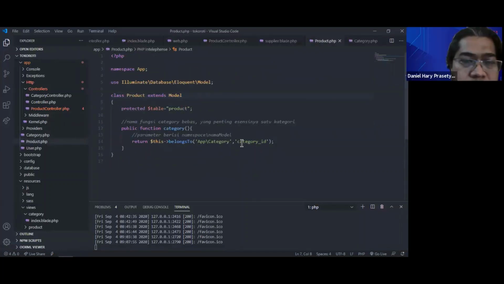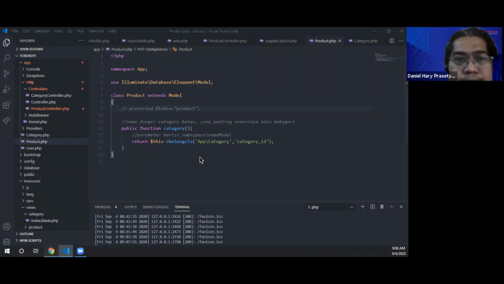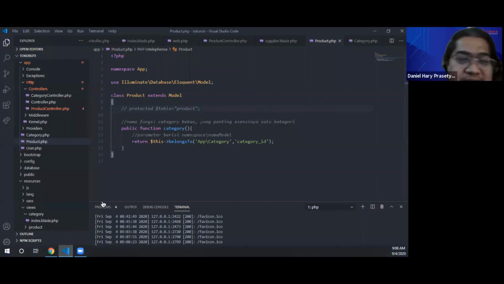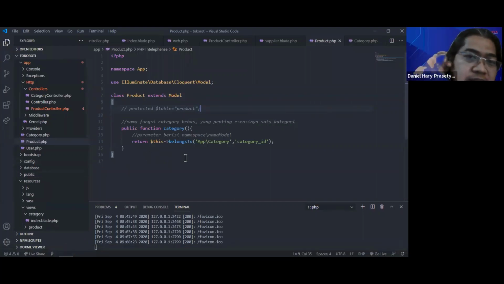Okay. Row 9, it's not necessary to put it. Actually, just delete it, please. Okay, let's try it again. I don't know, maybe it's the capital. The convention is class is with capital.